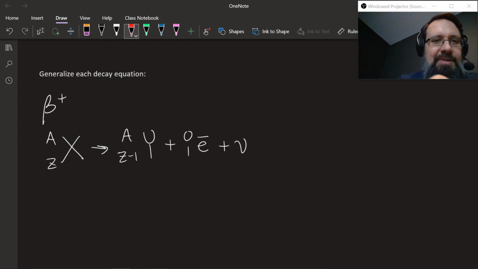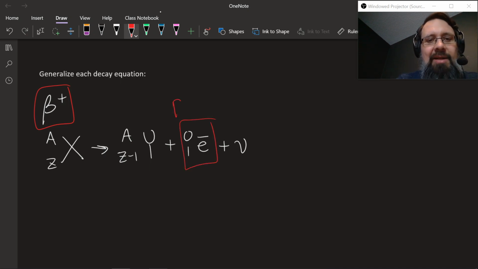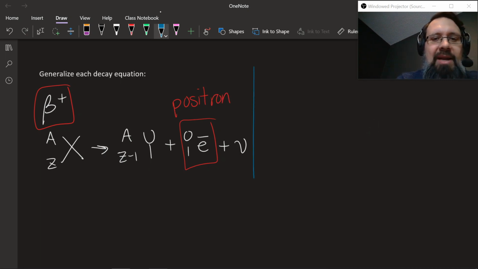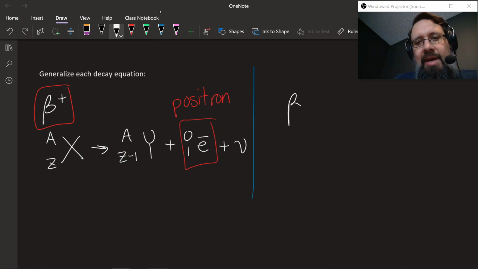And so what happens is when you have beta plus decay, you get a positron coming out. That's why it's called beta plus, because it emits a positron. A positively charged particle of radiation gets ejected. For beta minus decay, you can imagine that a negative is going to get ejected, which is